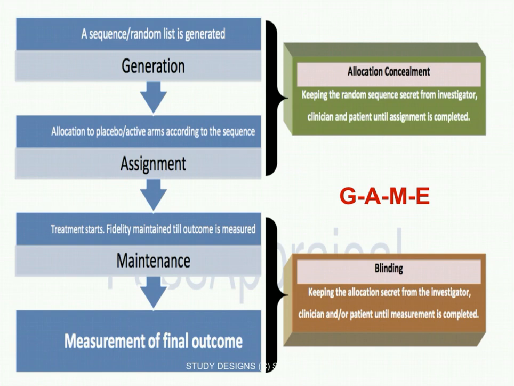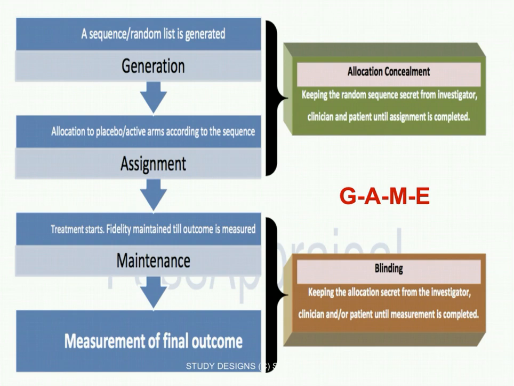And then you have to keep that sequence quite secret. You should not let anybody know. Anybody in the trial should not come to know about the sequence that you have generated. Why? If they come to know, then they may influence at what time point each individual is recruited into the study. So they may introduce some selection bias if they come to know what is the treatment that every number is going to receive. So let's say number 5 is allocated to treatment A, and you know treatment A is